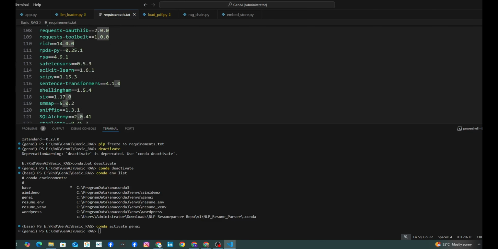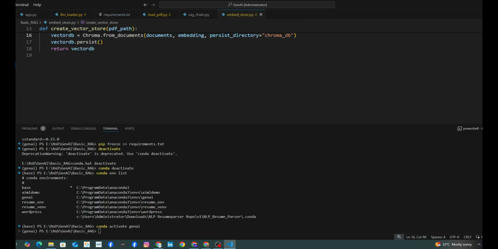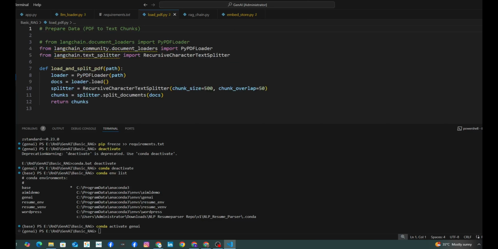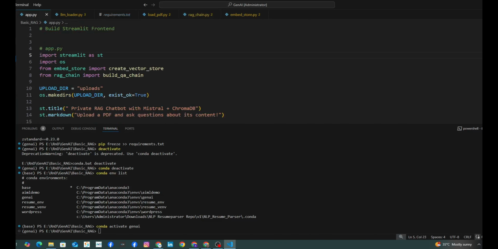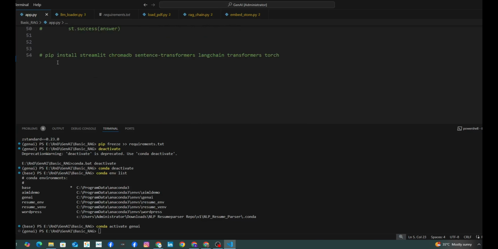And there is one command which I am referring to for installing the basics. I thought I had written it here somewhere. Let me check. Okay, not written anywhere. Let me provide that command to you. Yeah, this is the command: pip install streamlit, chromadb, sentence-transformers, langchain, transformers, torch.